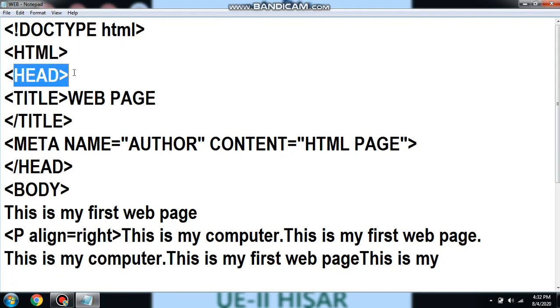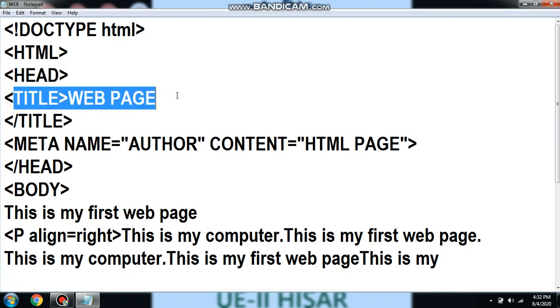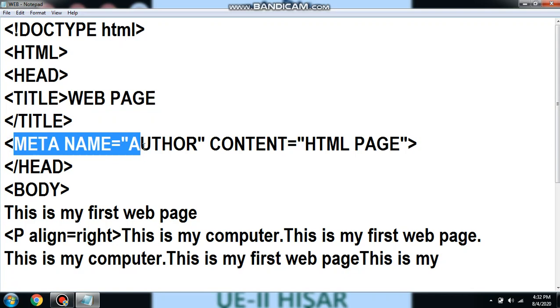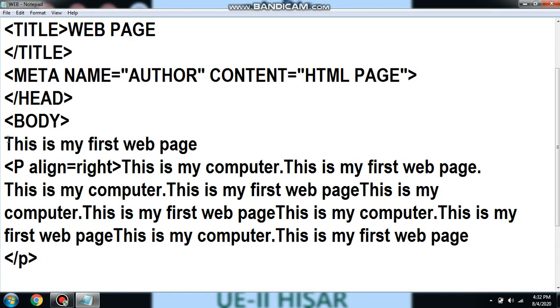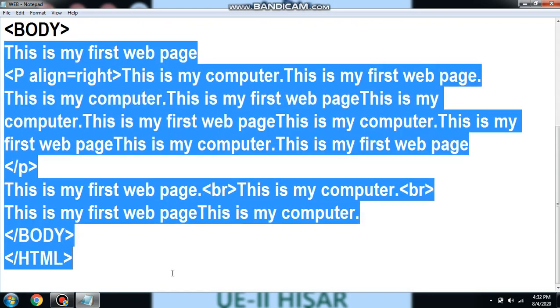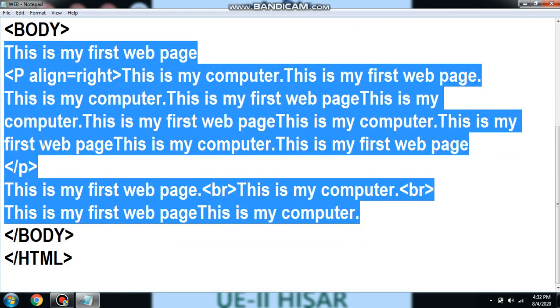Head tag will contain header information, that can be meta information, or information regarding any scripting language. Then title tag is used to give the title of the web page. Meta tag is used for inserting more information that will not be displayed on the browser, like author name, content, this way. Closing of head tag, body tag. Whatever will be written in this body tag, that will get displayed on the screen.